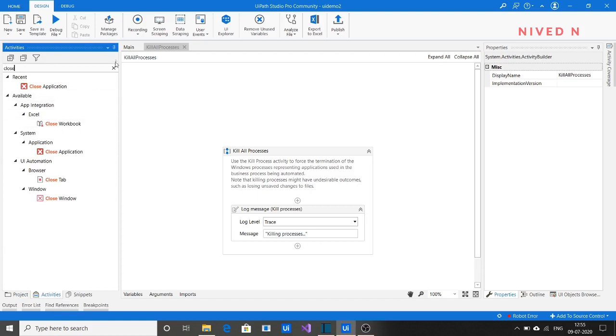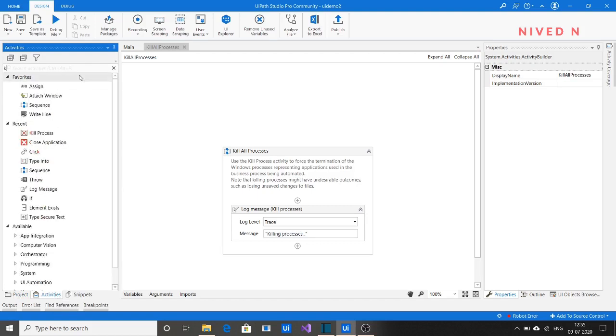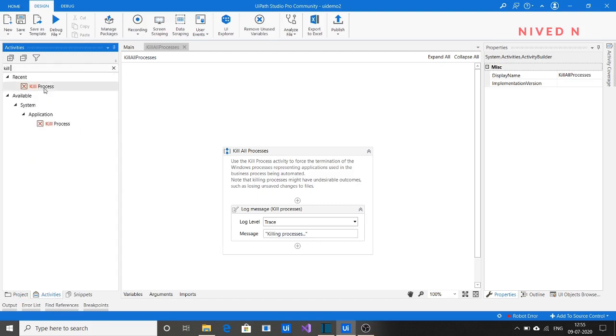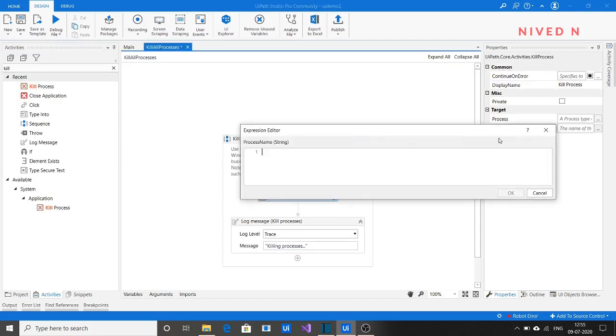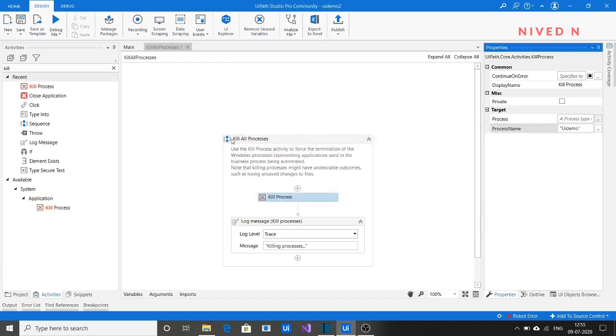You can search for kill process here, and you can provide a name here also, that is UI demo. That is the process name, UI demo. Give it a name, kill process UI demo.